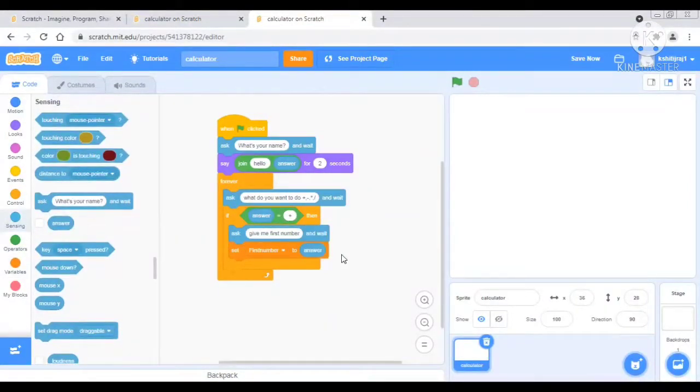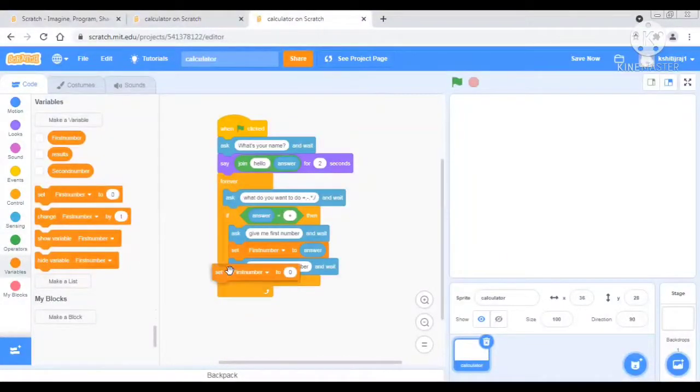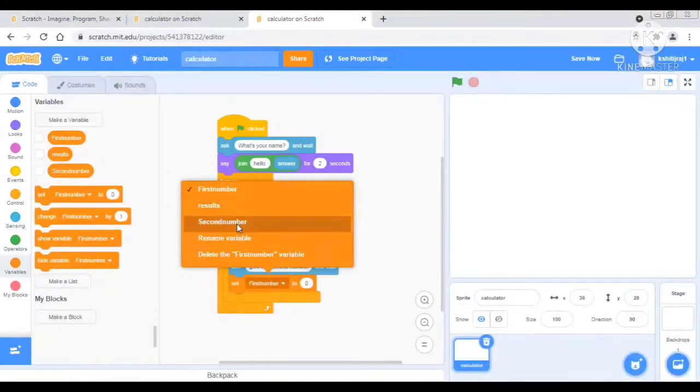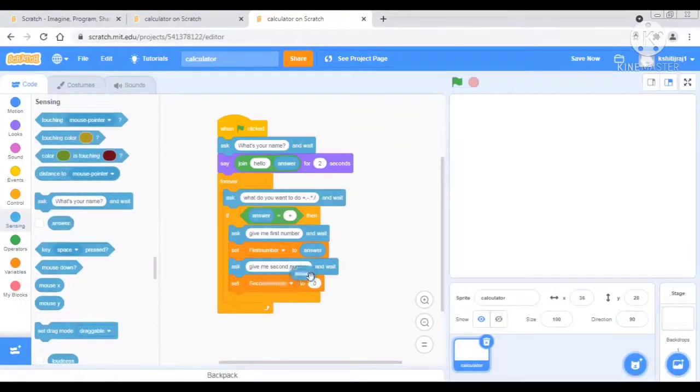Then after that we will again ask, give me second number. And then again we will take set, but we will put here second number, and we will set it to answer.